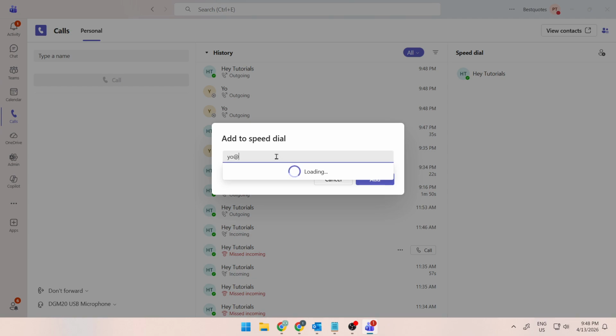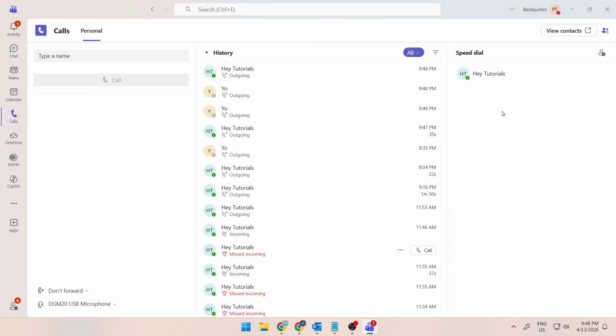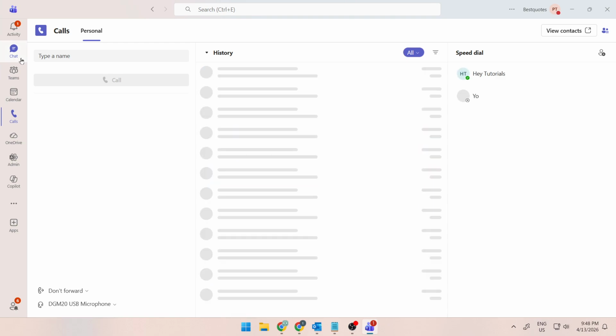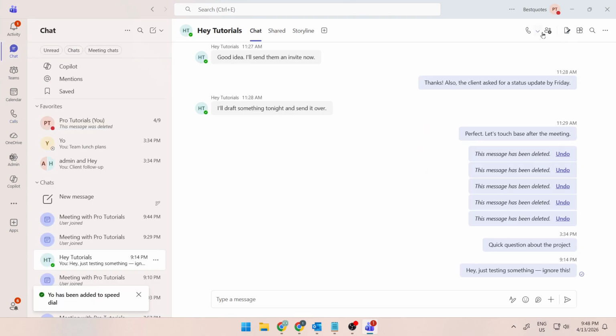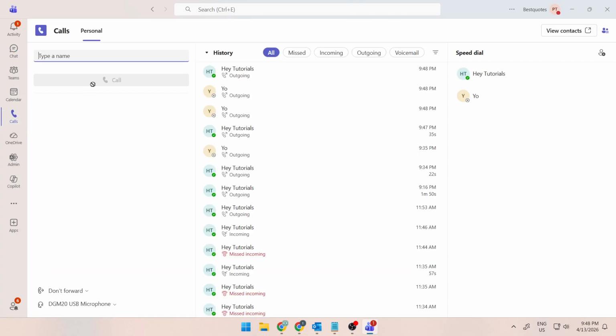So there are three main ways to make a phone call in Microsoft Teams. You can call from an existing chat by opening the conversation and clicking the phone icon. You can call from a person's profile card by clicking their profile picture and then the phone icon. Or you can open the Calls section, search for the person in the To field, select them, and click the